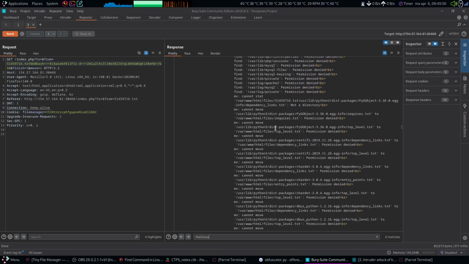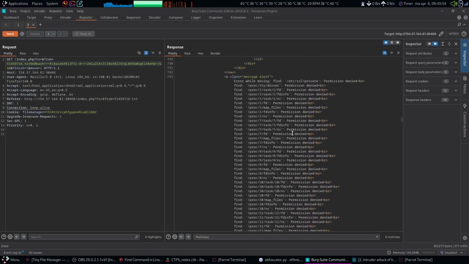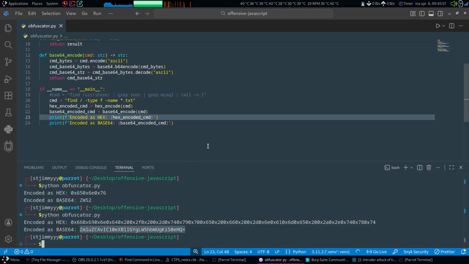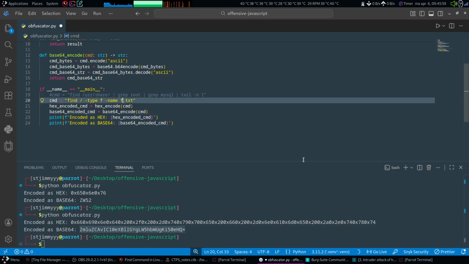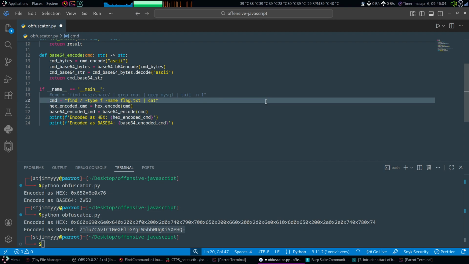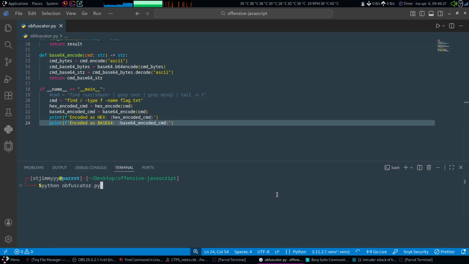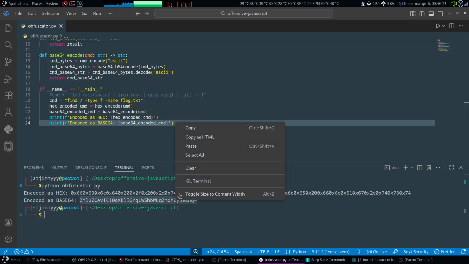That could be found on this server, but most of them just tell me permission denied, permission denied, permission denied. Alright, so if I go back to my script here and just change the command to, let's say, flag.txt, then maybe I can just, let's try to use cat. No, I'm just gonna first try to find it like this, and then I'm gonna try to use cat in order to try and read it. So if I clear the terminal, run the obfuscator again,